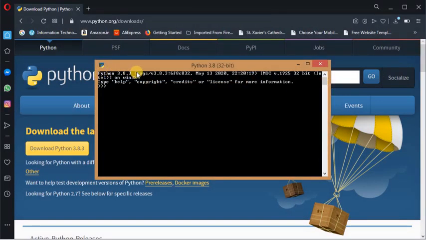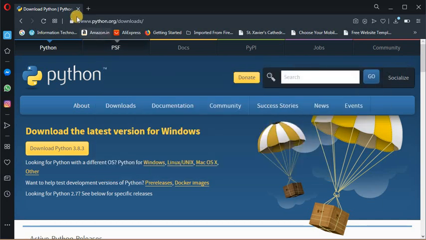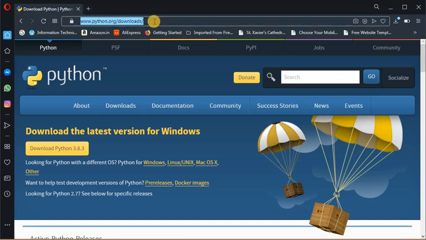You can see this. You can open this Python 3.8 and check whether it is installed fine. You can check with some commands. Here I am checking a print test and pressing enter, it displays the test. So the Python part is working fine. Now we have finished installing Python, and our next process is to install the SDK.